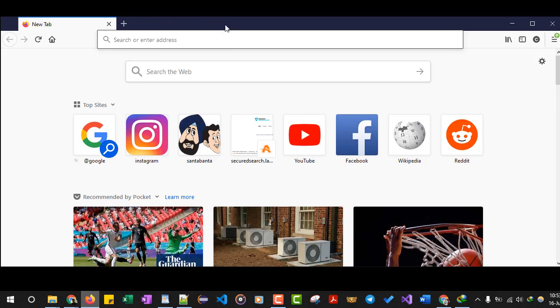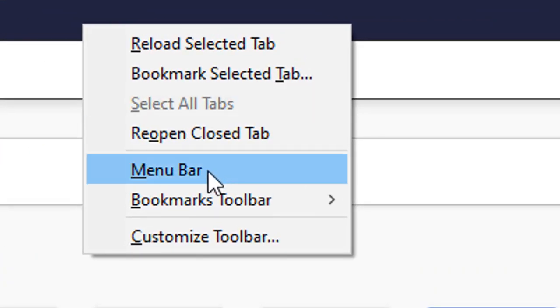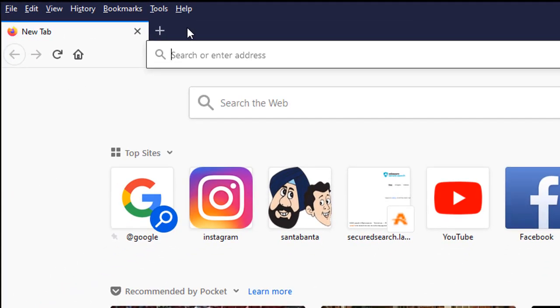So I will right click at the top. Once you right click, this menu will come and here I can select menu bar. Once you click on that, then you can see the menu bar. Now we need to go to the help